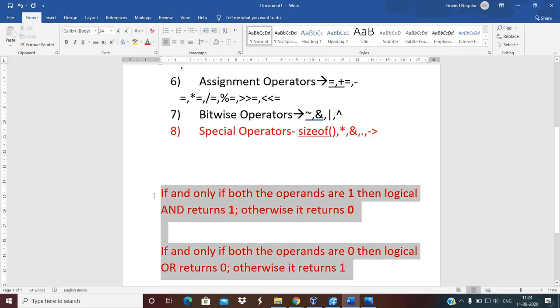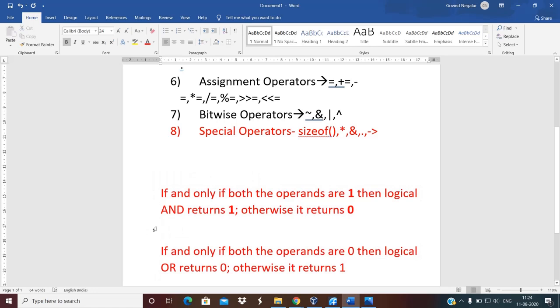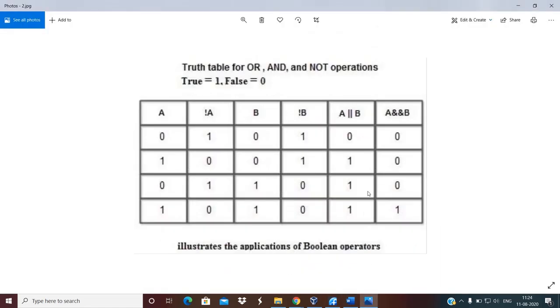So you can remember these two statements for logical AND and logical OR, or if you don't want to remember them, you can remember this truth table, whichever you feel is okay for you. And logical NOT is a unary operator because it has only one operand. You can observe here NOT of A, NOT of B, but logical OR and logical AND are binary operators.